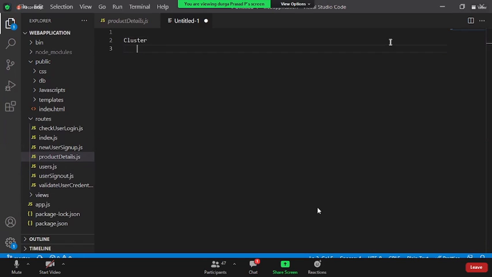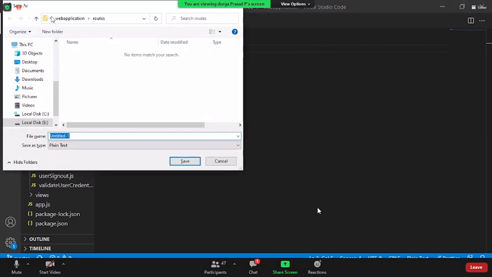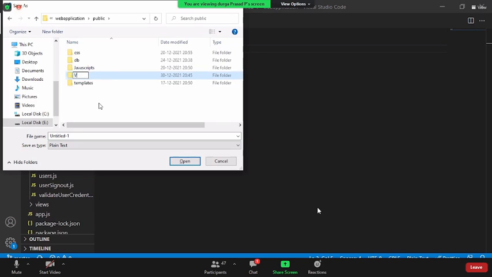Before going with clustering, instead of directly going with the clustering concept, let us see what the need for clustering is and what problems we are currently facing with the current server. So, for example, let me create a small individual server, guys. Let me go into the public folder. Under that, I'll create a new folder. It's not client side, it's again server side. Call it cluster.